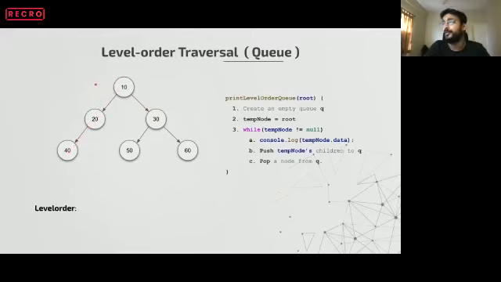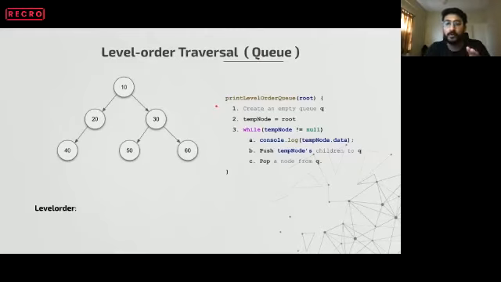We process level 1 first, then level 2. It's a concept of graph data structures, I would say. BFS and DFS are very important terms, and all of you should know about them. Whenever we have a BFS implementation, a queue comes to the rescue. We can use a queue in order to implement BFS, and for DFS, we will use a stack. We will see why we should use a queue for BFS.